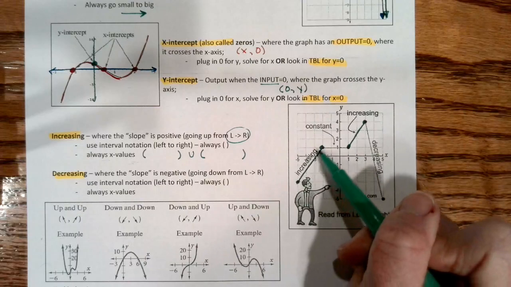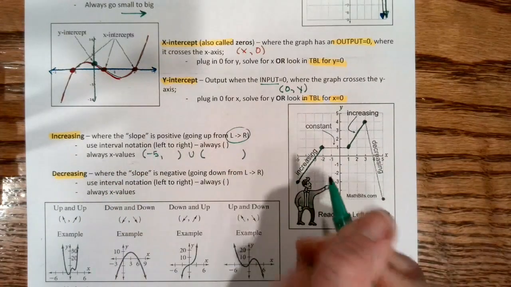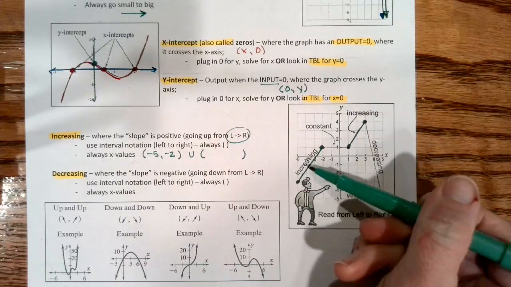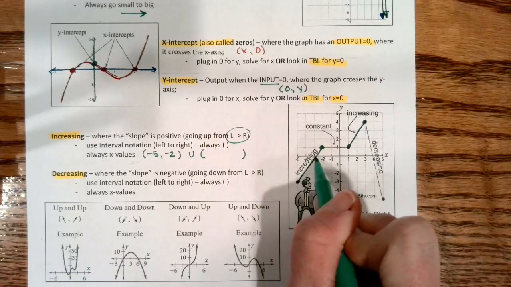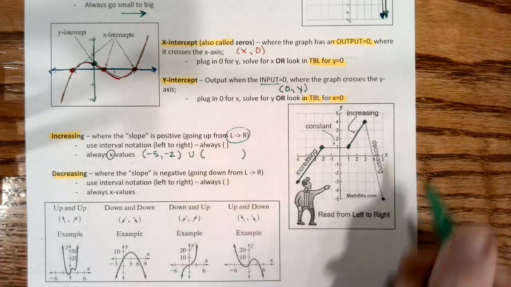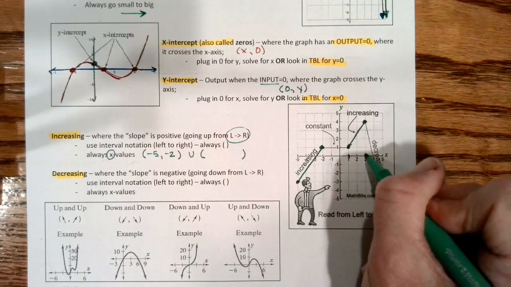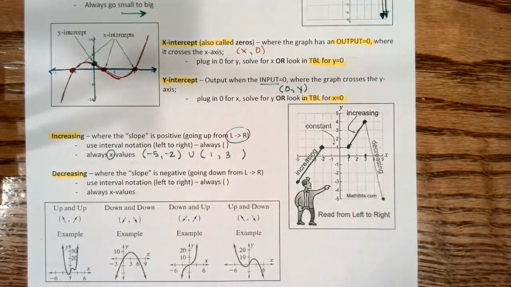It's the movement. And I want to make sure that I'm always talking about my x's. So from an x value of 5 to negative 2, my graph is growing. It's getting bigger. From an x value of 1 to 3, my graph is again growing or getting bigger. When I'm talking about a